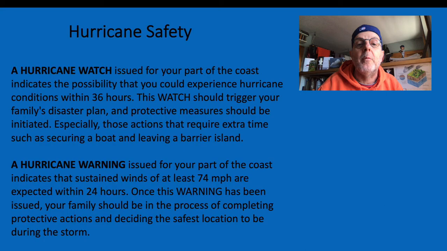Hurricane safety. We've got a hurricane watch. You got 36 hours now to get ready. Start boarding up your house. Start taking care of business. Figure out what you're going to do. Are you going to leave? Do you live right on the shore? Could storm surge impact you? You need to be aware of the hurricane watch. The hurricane warning says this is happening in the next 24 hours. If you're not gone already, you probably have to wait that storm out at home, and you better have a